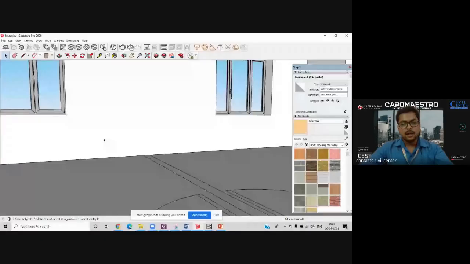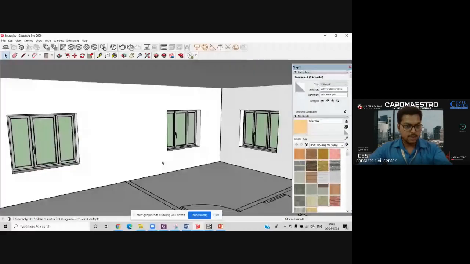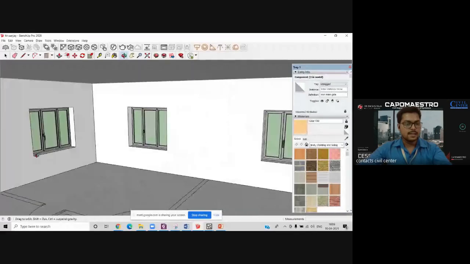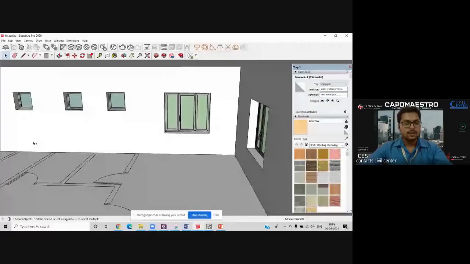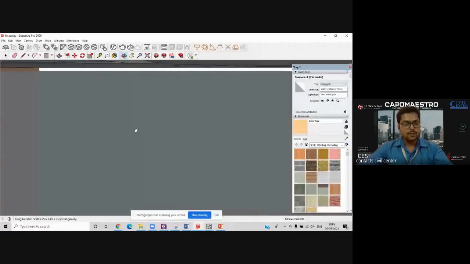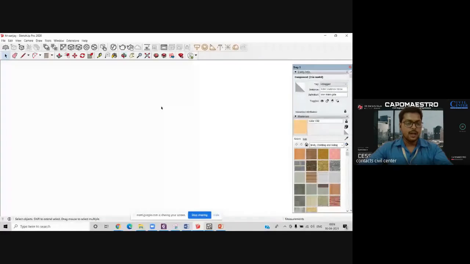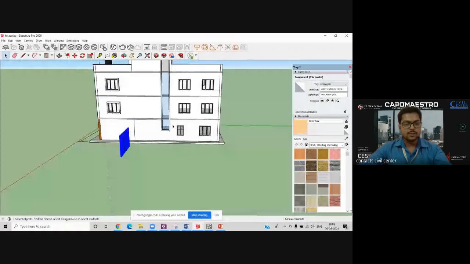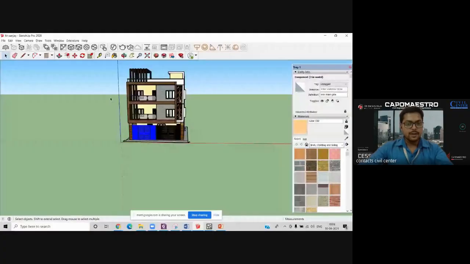Now over here you can see, Crystal is just a new intern, so she was not able to rotate it properly, but you can have a proper view from the inside also. You just have to slowly move your cursor in order to get a better view, and you can always come out from any direction. Now I will place the main door back over here. Here we have the headroom.